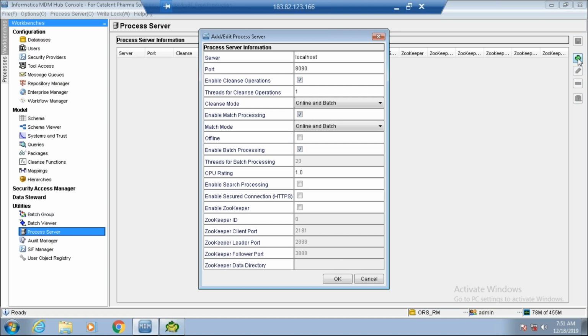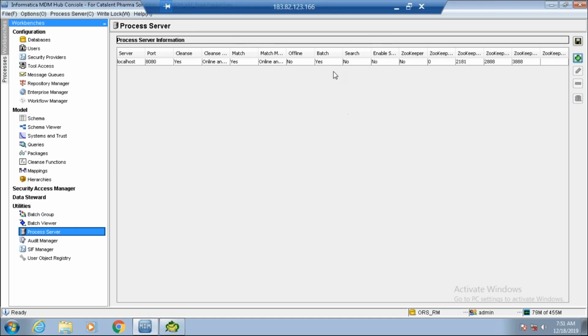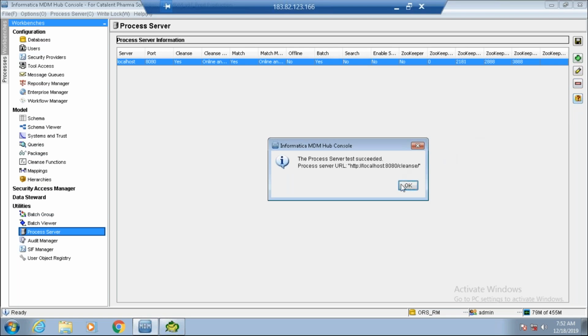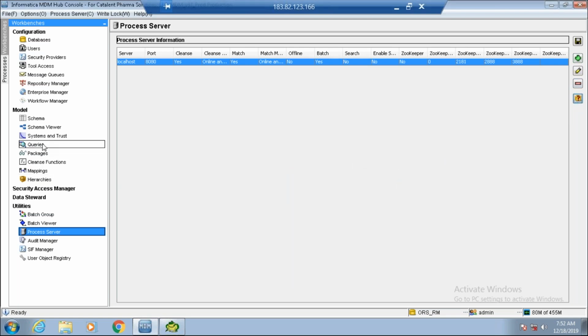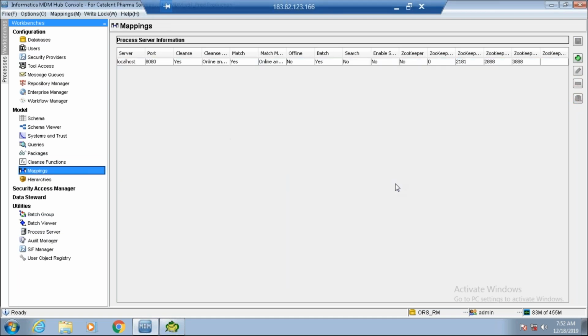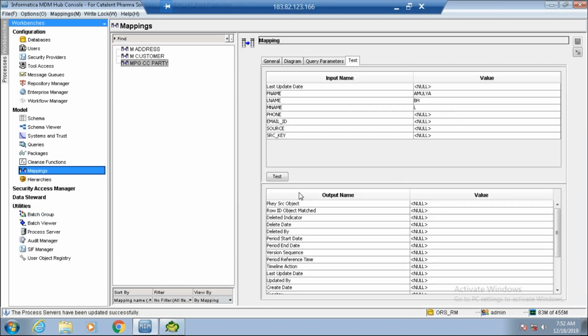Like message queues and workflow manager, this is another server, but it is internal to MDM and comes with the internal MDM license itself when we are installing. So this server should be configured in MDM. Let me just try to test the server. Let's see, succeeded. I'll come back to it slowly, need not get confused. I'm just trying to explain. This server needs to be configured in MDM so that our mappings will work as expected.